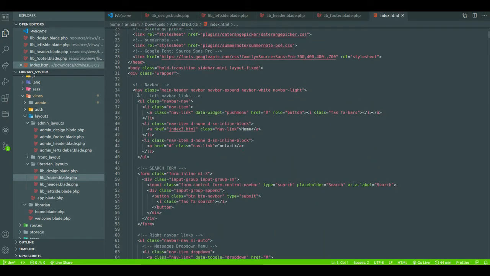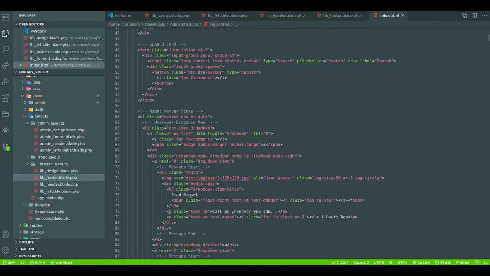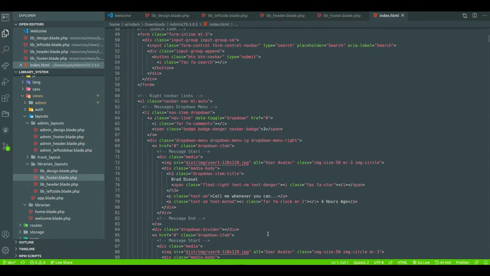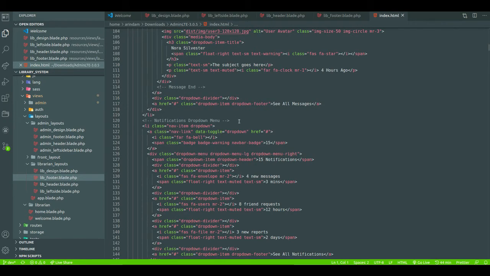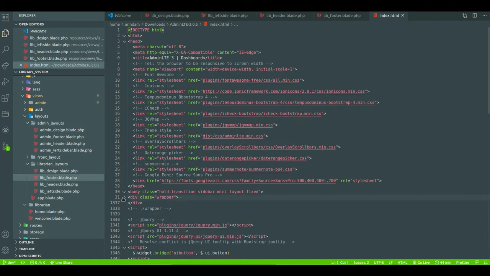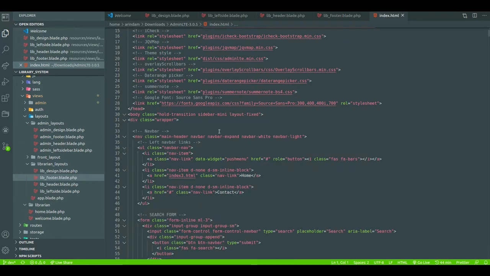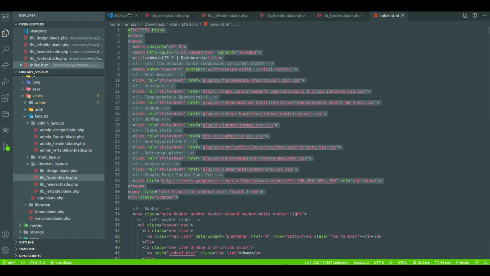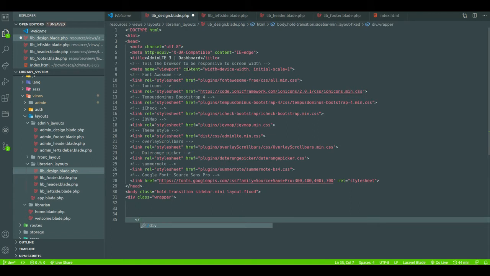Here, see, this is a navbar, this is the search form, and this is the right navbar links. Right navbar links means the message part and all those things. And this is the notification dropdown. So this basically comes under the wrapper. From here to this will come under the design template. Now our div will be closed.